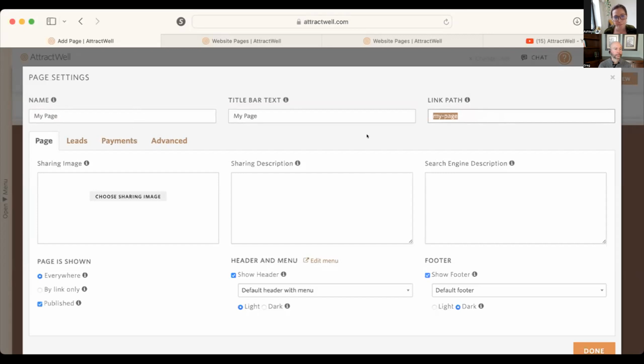Okay, sorry, I didn't hear that. I didn't see where you're pointing as far as this. You mean this link path? No, it has to be unique for every page. And if you haven't entered anything in, so if it still says my page and nothing else here has been changed,